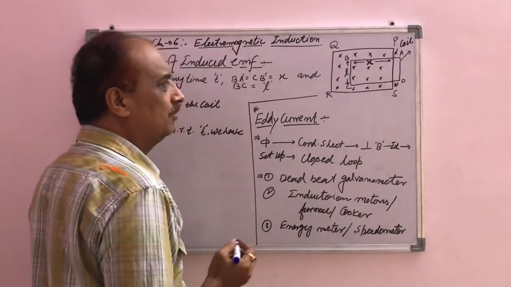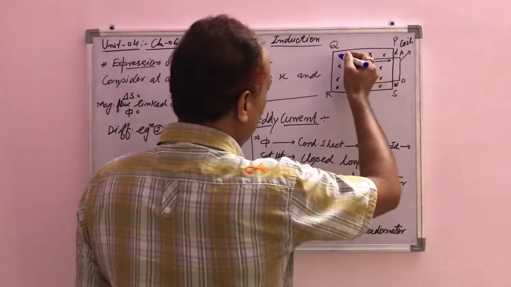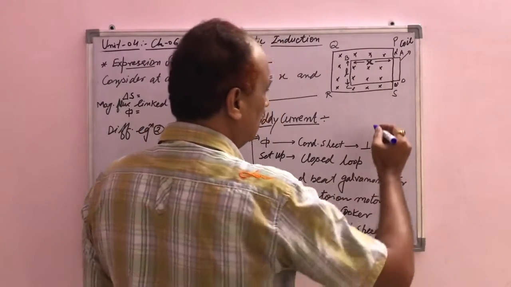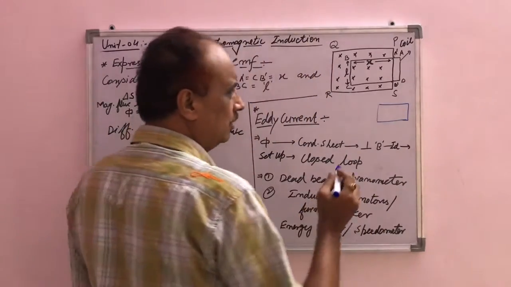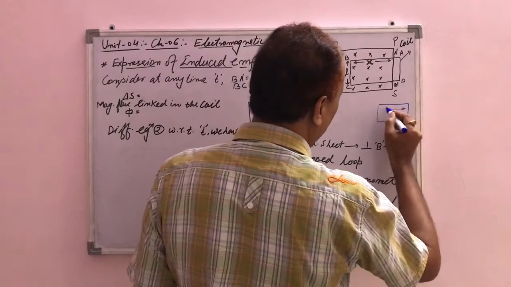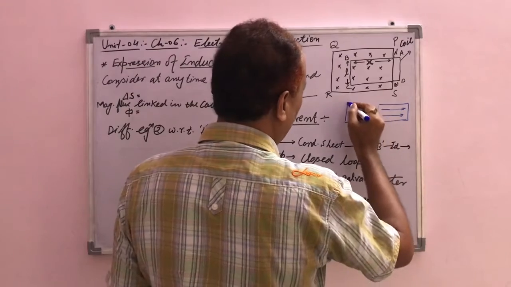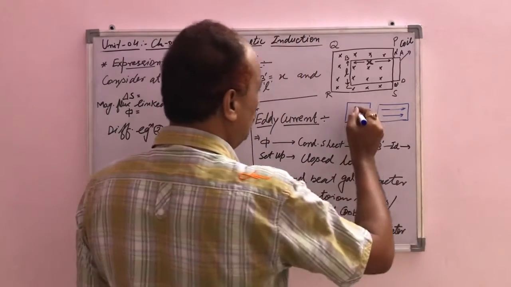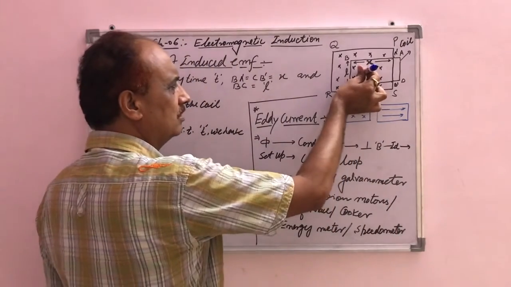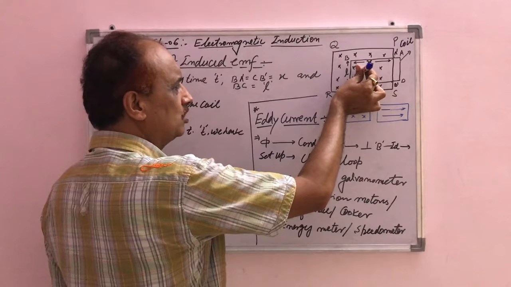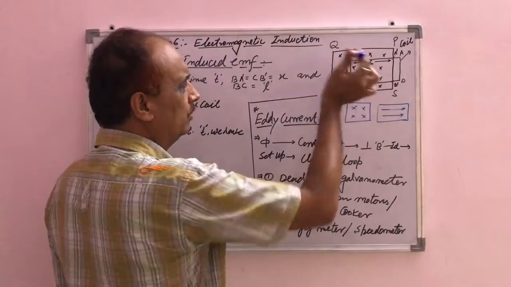It represents the magnetic field that is perpendicular to the plane of the paper. I am showing it here by the cross mark. When the magnetic field is parallel to the plane of the paper, we show it like this arrow sign in the plane of the paper. But when it is perpendicular to the plane of the paper, we show it by the cross mark. It means the magnetic field is in the direction of the pen, perpendicular to the plane of that board.